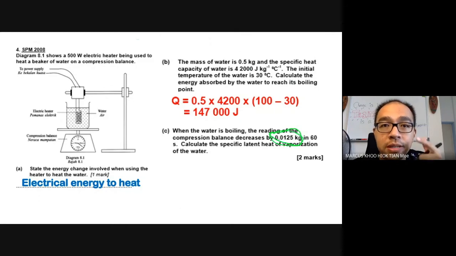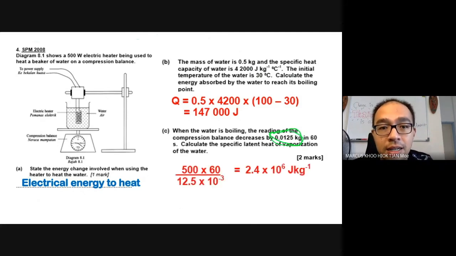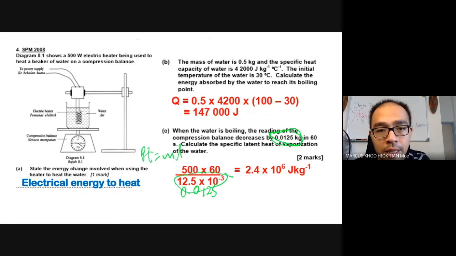So in order to count the specific latent heat of vaporization, we need to know how much has already changed to gas. That's why we still use 0.0125 down here. This is Pt equals mL in case anybody is still asking. The power times time is here for 60 seconds, but the mass is 0.0125 because that is the amount of water that has already changed to gas. What this question is not directly telling you is that the amount of water that has changed to gas is